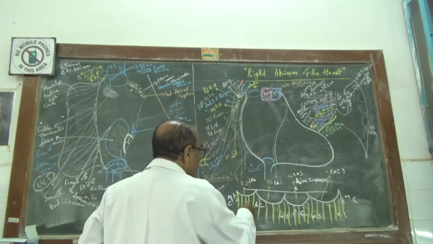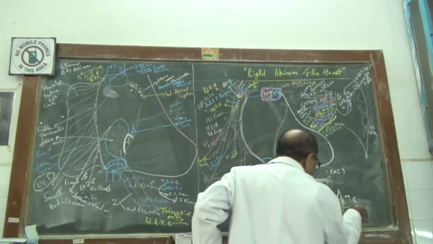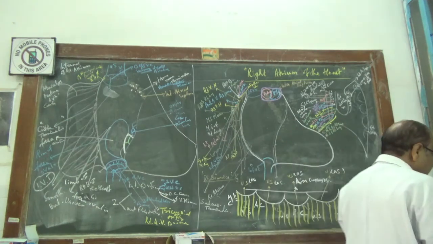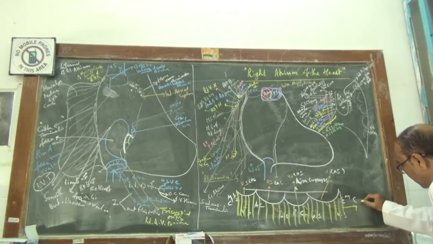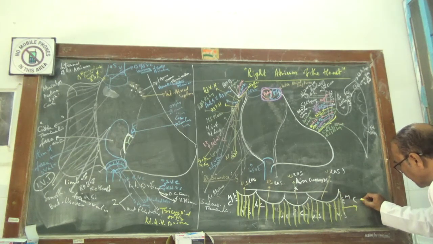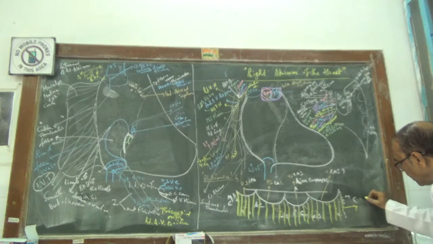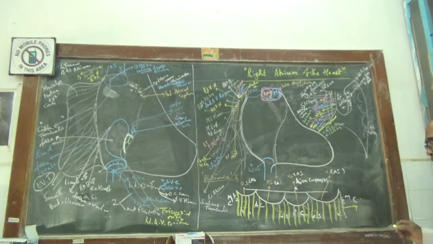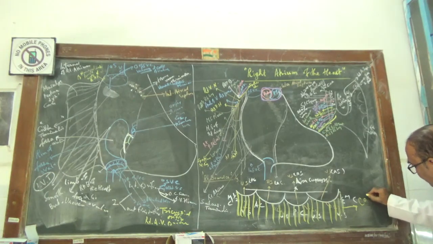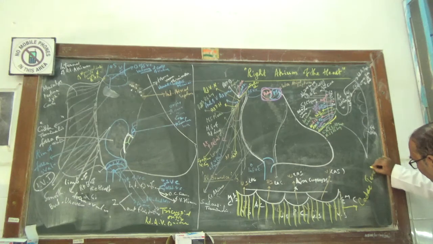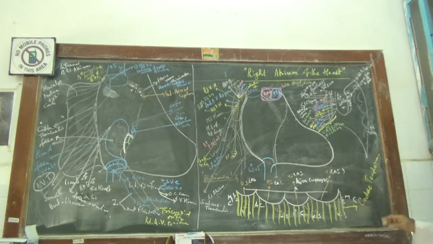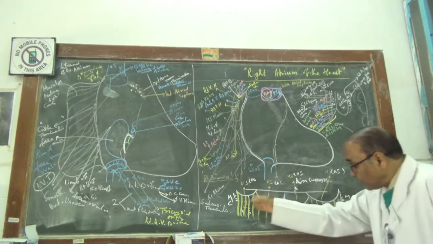Where that union occurs, there are white, non-elastic, thread-like, shiny structures. They are called chordae tendineae. The chordae tendineae are there at the